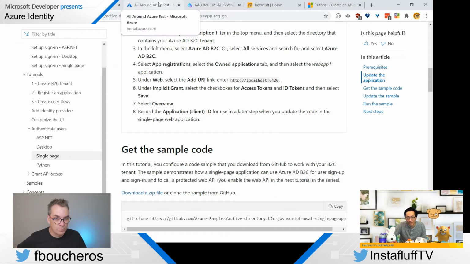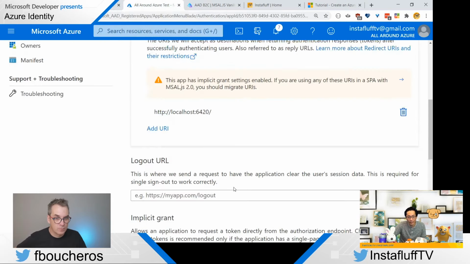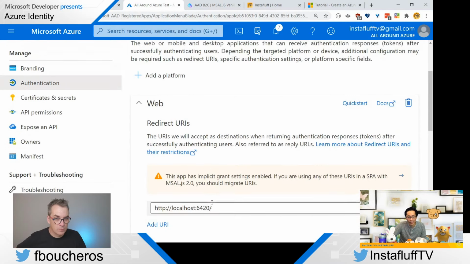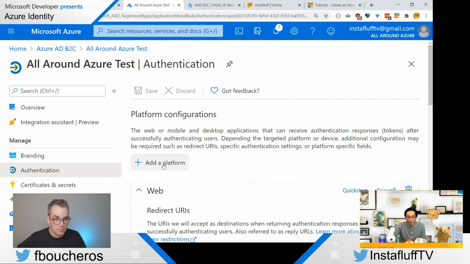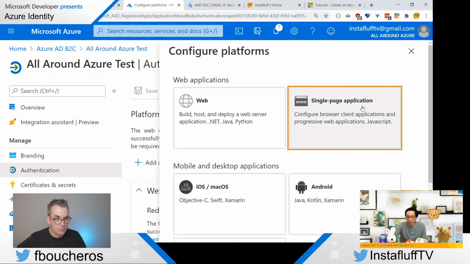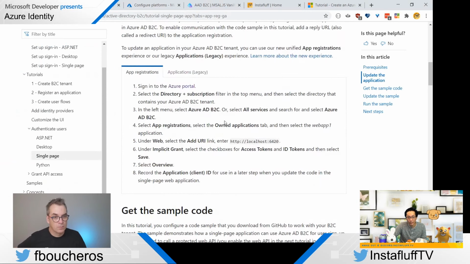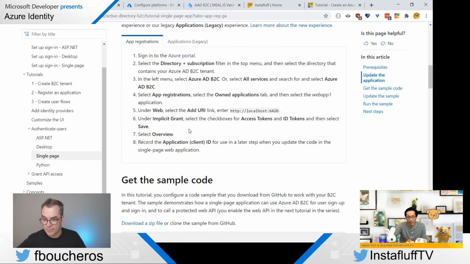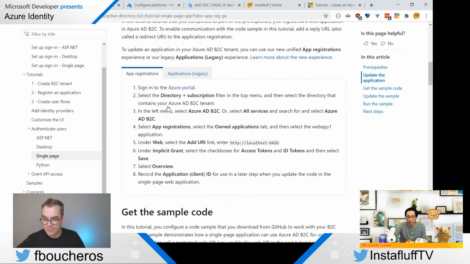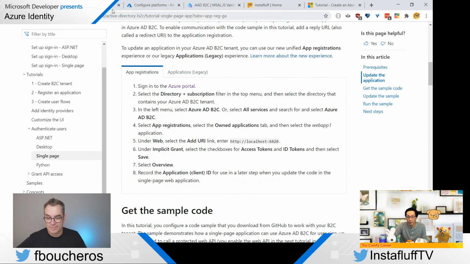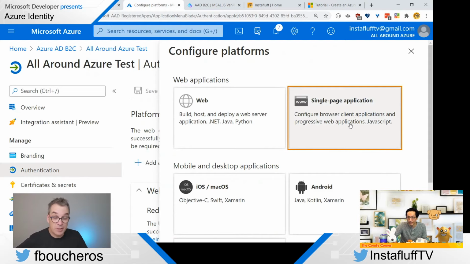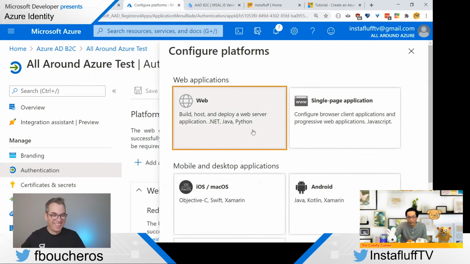Record the application ID. Okay. So I got this, and then we added the redirect URI and platform. Oh, we probably need to do this thing too, huh? There's the Azure app registration, application, and then select web. Do you think we have to do this thing? We can try. Yeah, let's do.